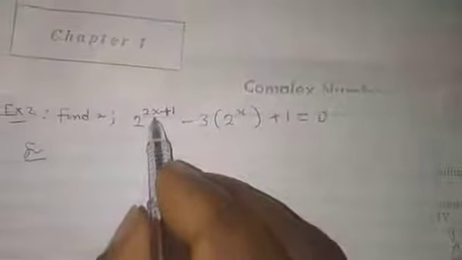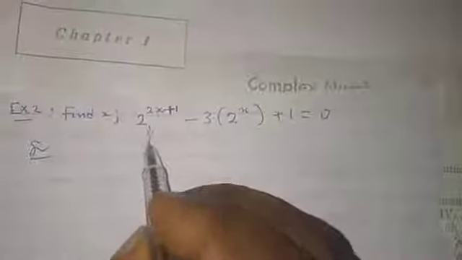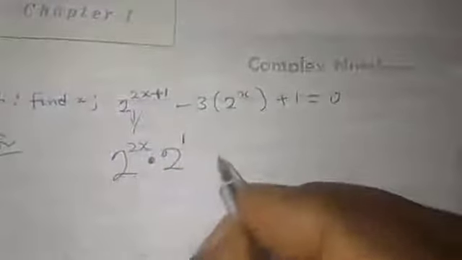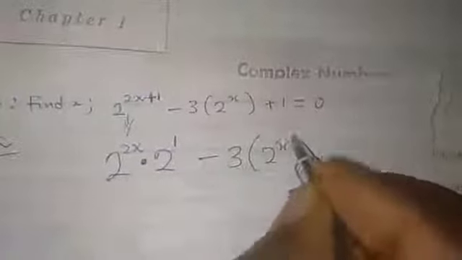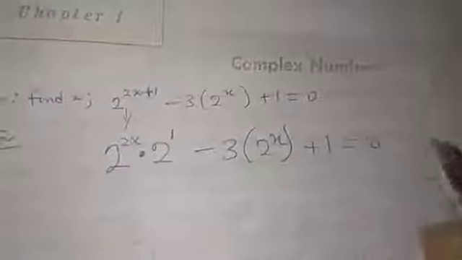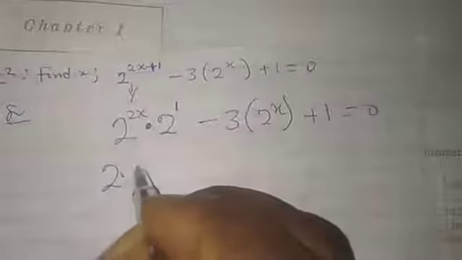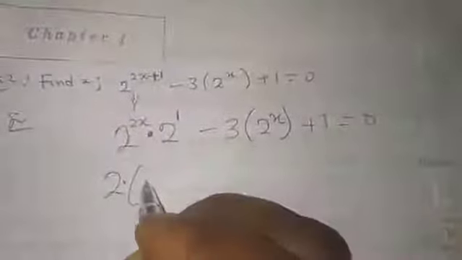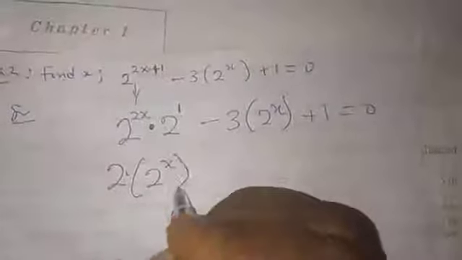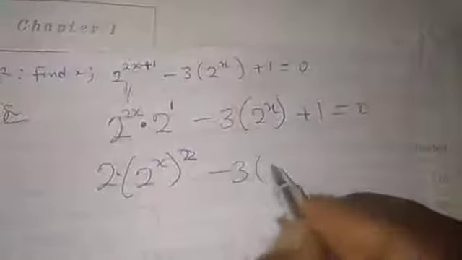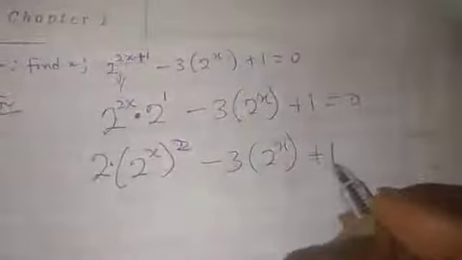It's still the same thing. We still use the same formula. This one will become 2 raised to the power 2x times, I'm using a dot for times here, times 2 raised to the power 1. Then minus 3 into 2 raised to the power x plus 1 equal to 0. Let me write these two first. I've told you, this 2 raised to the power 2x, you write it as 2 raised to the power x all squared, which is the same thing, minus 3 into 2 raised to the power x plus 1 equal